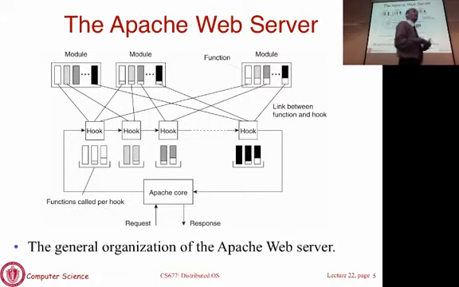As the load increases, you spawn more child threads or child processes, so you get more concurrency. So that's an orthogonal dimension to how this is a request processing pipeline, either within a process or within a thread. Okay. But you may have multiple processes or multiple threads to support concurrency.